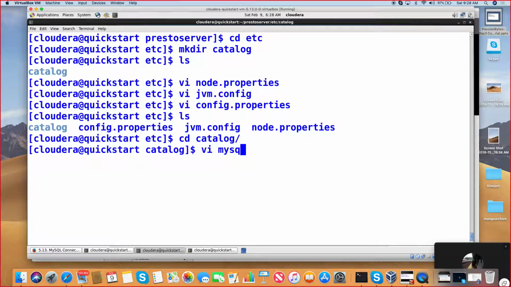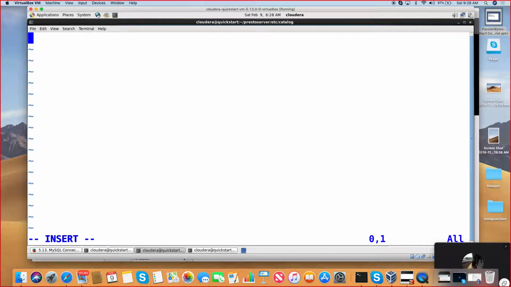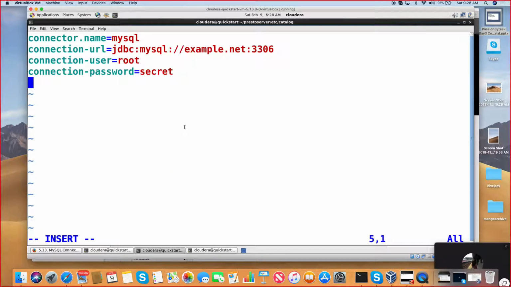vi mysql.properties, a, and paste the value that you copied and change it. What is your host? It is localhost. Port is usually 3306. And I told you the user, retail_dba, and the password is